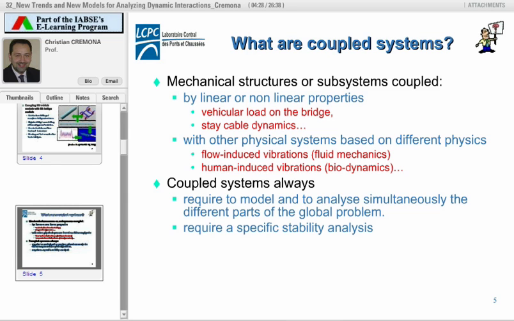The simplest definition I can give is that these are mechanical structures or subsystems coupled by linear or nonlinear properties. This is the case I presented, vehicular loads on bridges, but you can have more sophisticated problems such as stay cable dynamics. What is a bit more complex is that the coupling can also be done by other physical systems based